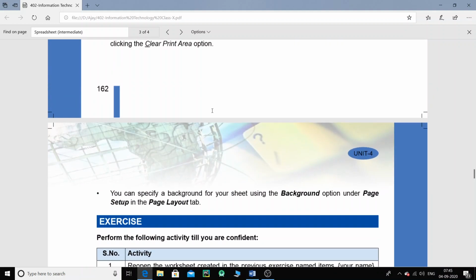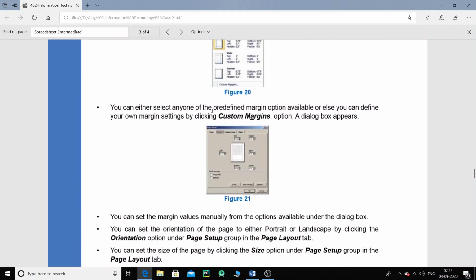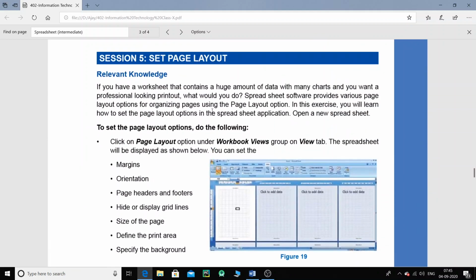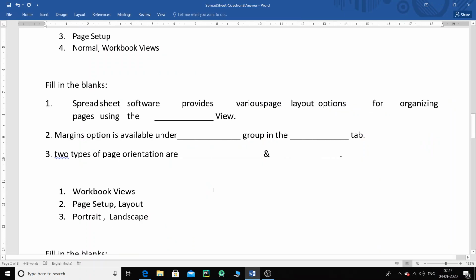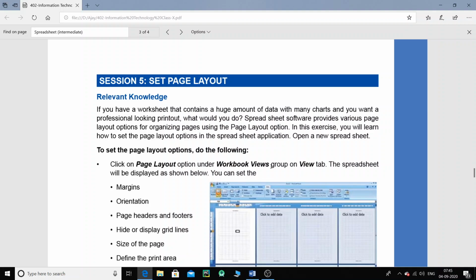Let me just recheck this one. Okay, the page layout option is under the Workbook Views group on the View tab. So the question was organizing pages using dash view, so workbook view, that's fine.